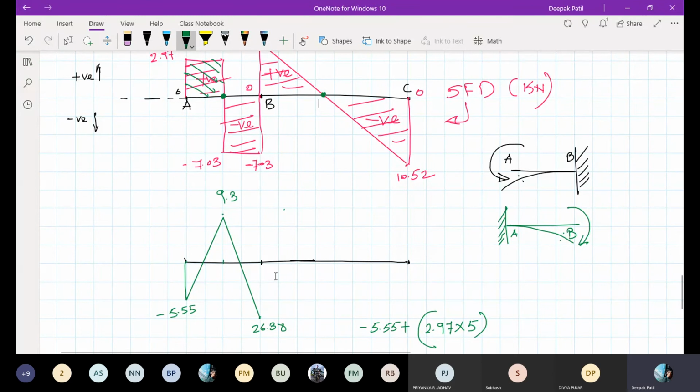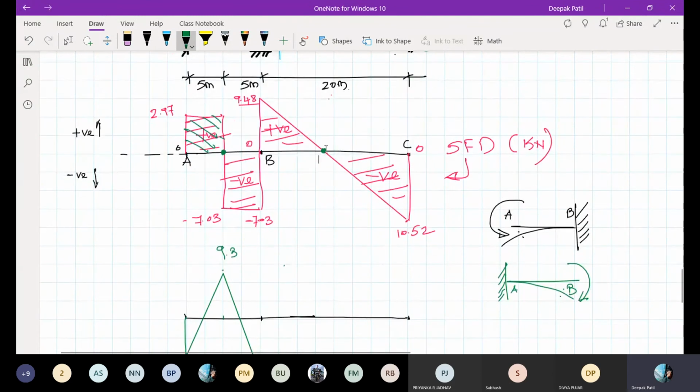Now similarly I have to draw the bending moment diagram of span BC. Here also I can see that the shear force is 0. It means you should expect maximum bending moment there, right? So you have to find out this area. But to find this area, one thing is unknown to you. What is that unknown? Base. Yes, this distance you don't know. Let me call that x. Can anybody tell me how you can find that distance?